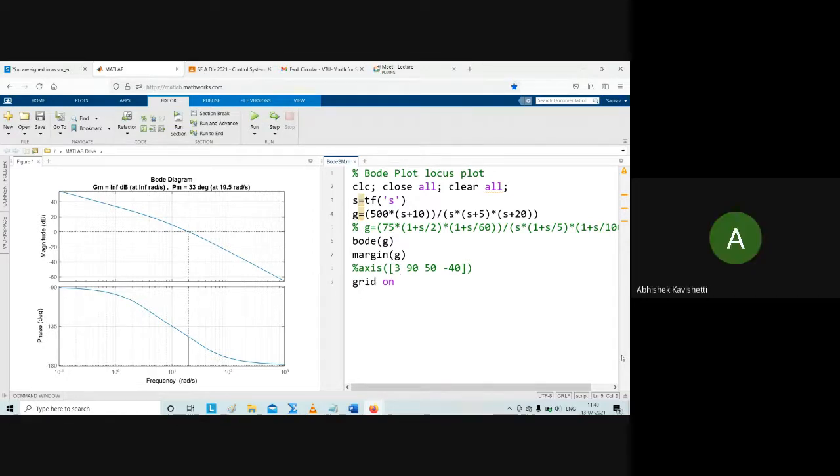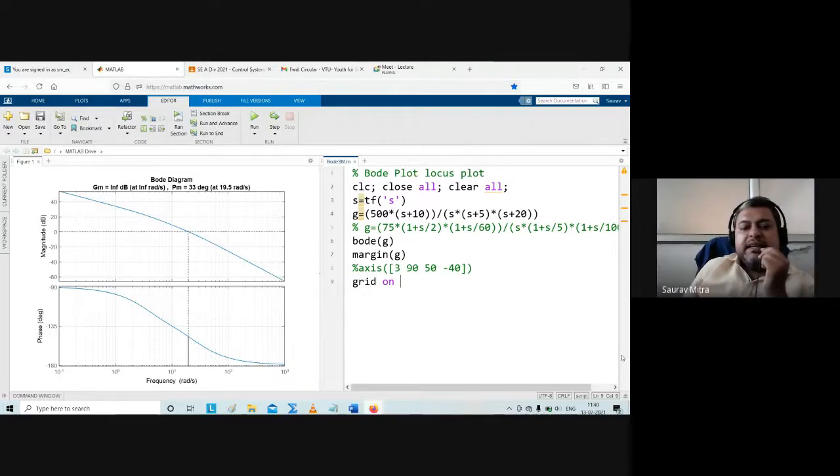Infinity. Because we are finding that as we have brought the 0 in between the two poles, here first pole is at 5, second pole is at 20. We have brought the 0 in between the two poles. That means we are mixing the stable and unstable part together. That means we are not allowing the system to be unstable first and then coming to stability. All you could visualize in the phase. So in this case, the phase is never going below minus 180.